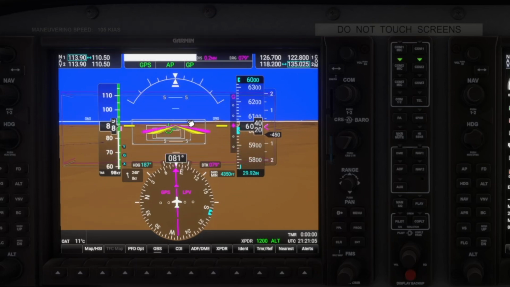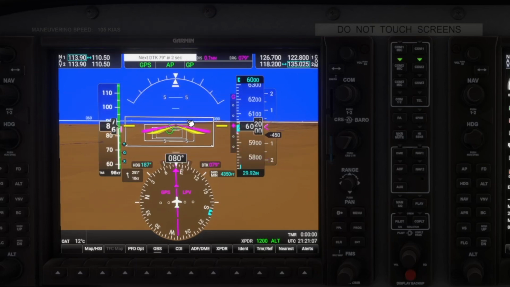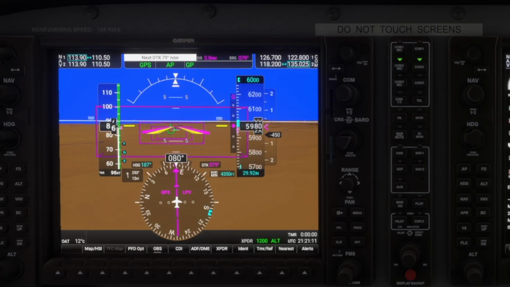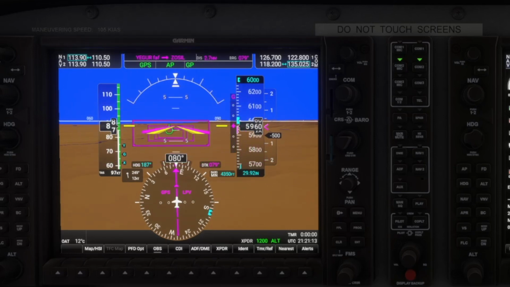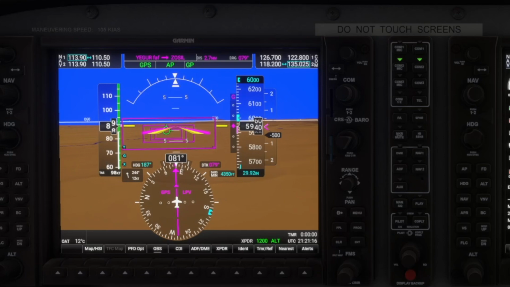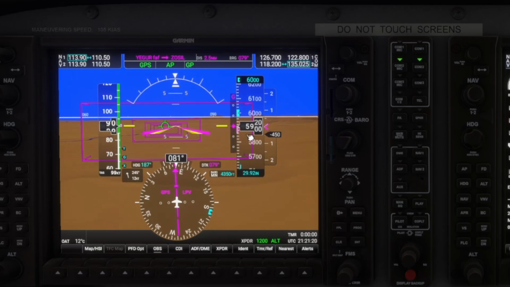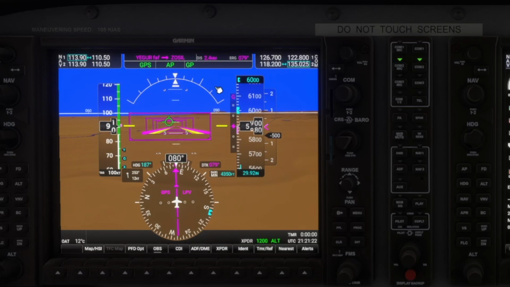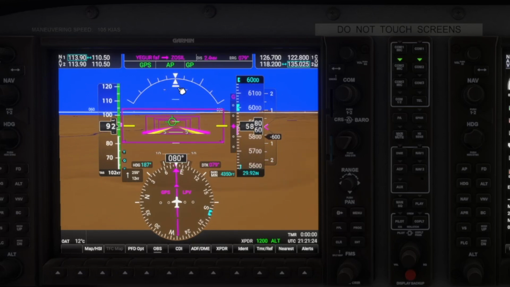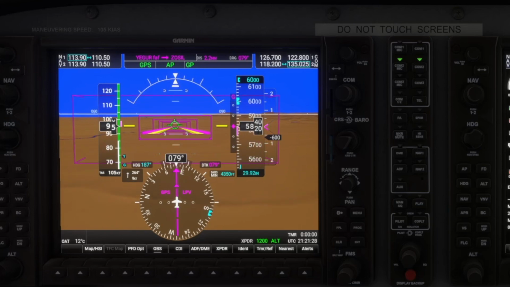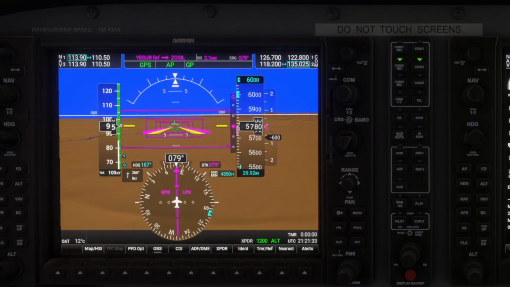So anyway, you want your approach to be stabilized. You can see here our speed is decreasing because those flaps added some drag. So we are going to just manage our power to keep our speed. And there's our diamond, now pink, for our glide slope, which the autopilot is flying, and we're still gaining a little bit of speed. So I'm just easing back on the engine RPM just a little bit so that you have a stabilized approach